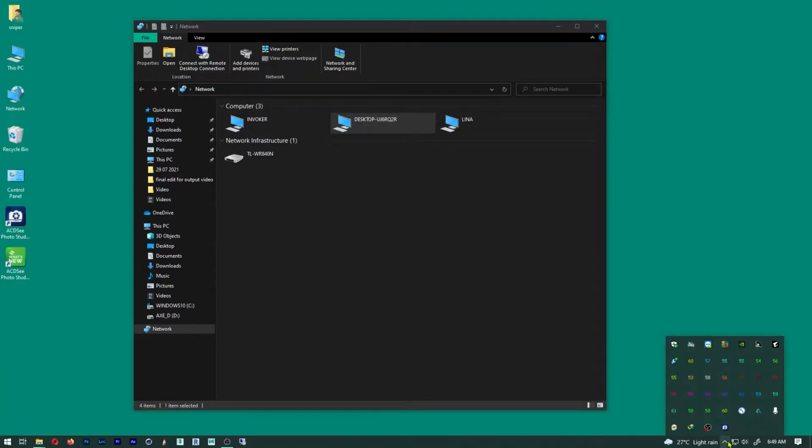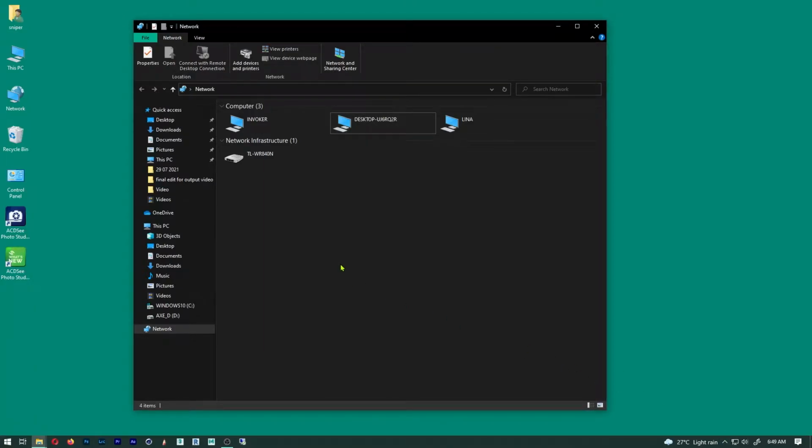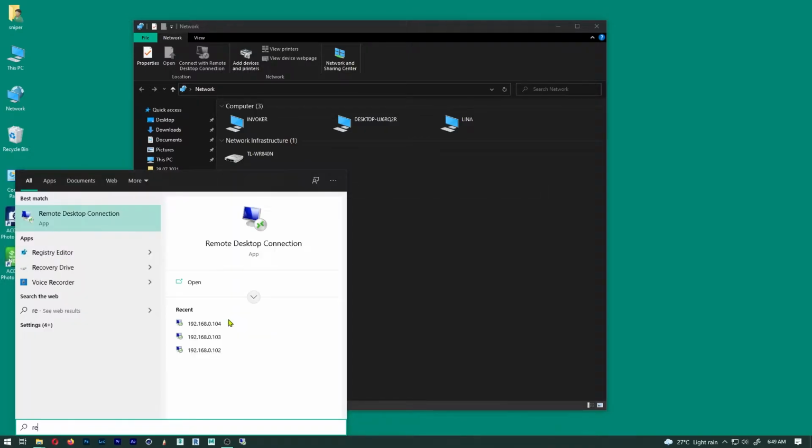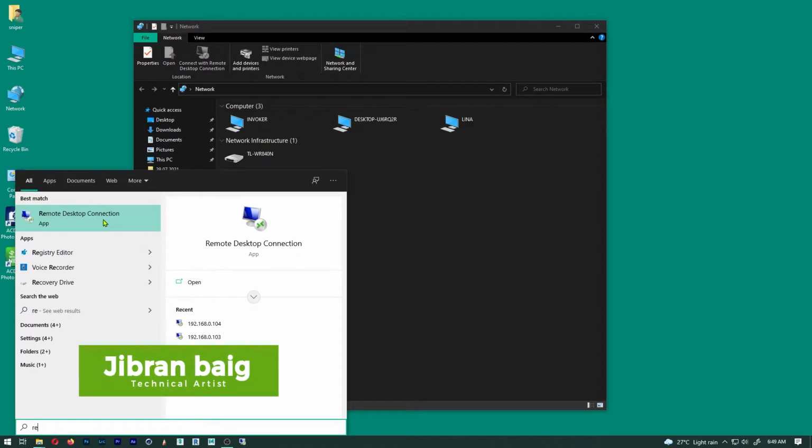So the next process would be to remotely configure these computers, and for that I'm going to use a remote desktop connection. One thing I did prior to going to remote desktop connection,